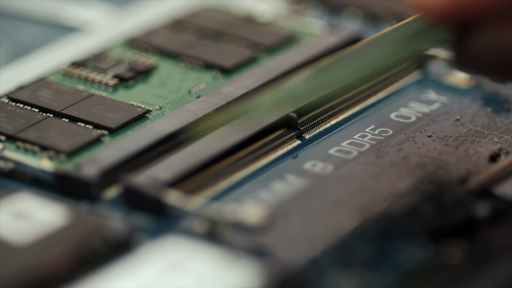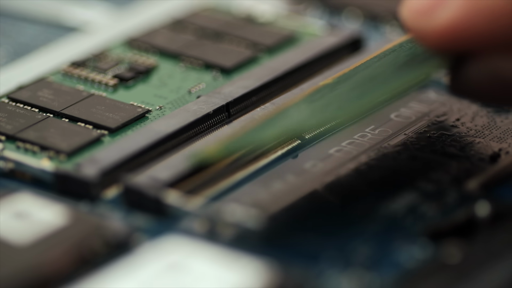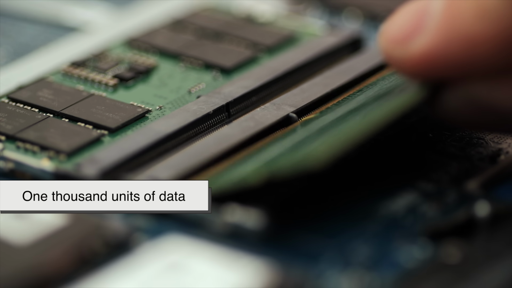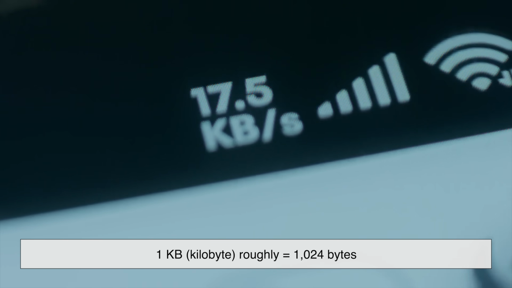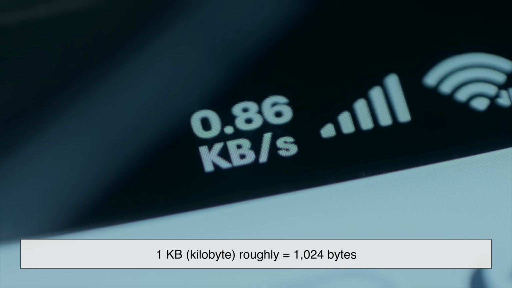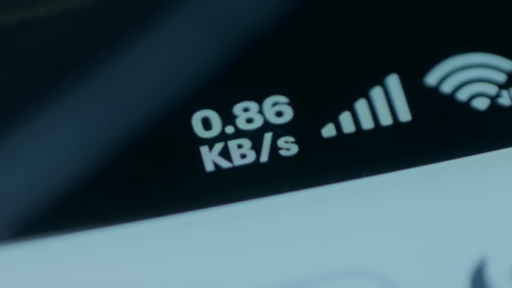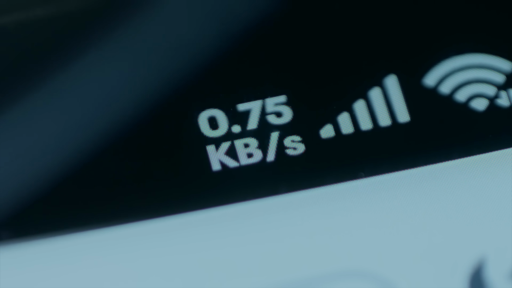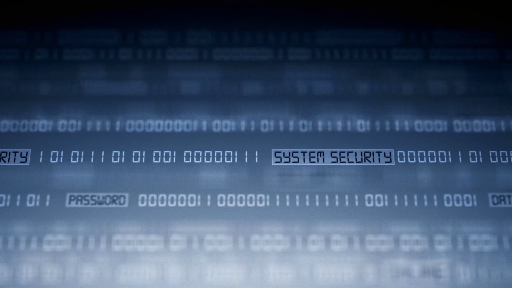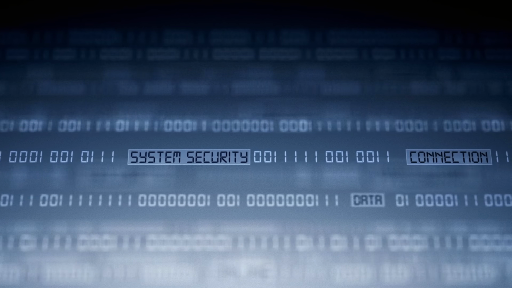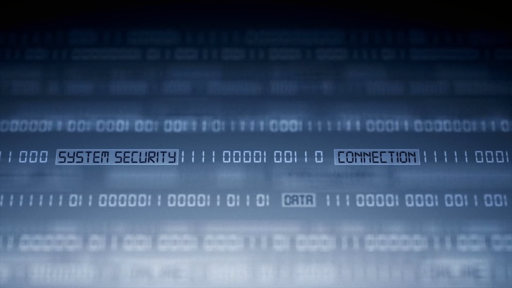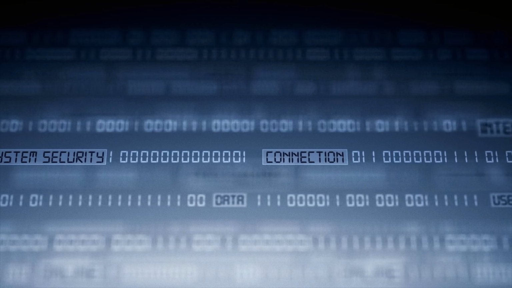So engineers started using K to represent approximately 1000 units of data. For example, 1 KB roughly equals 1024 bytes. Although this is slightly different from the exact metric meaning of 1000, the letter K was already widely understood as representing a thousand-ish amount, so the notation stuck.